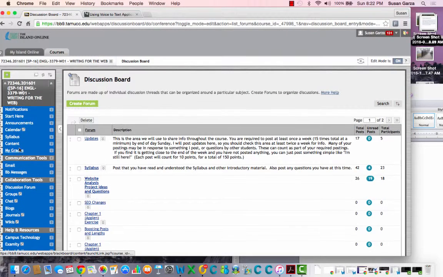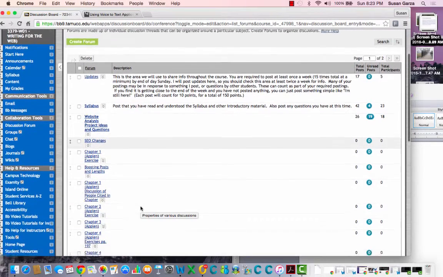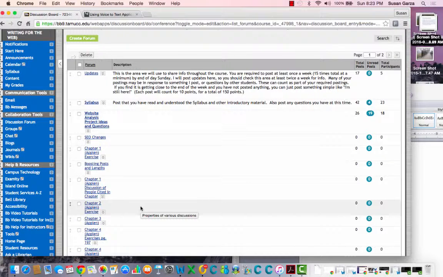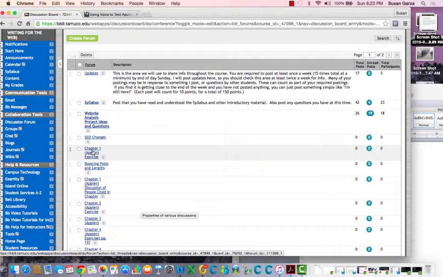When I ask you to read and do some kind of a response, like say this chapter 1 exercise, any of the assignments like that where you're just reading and then you're going to answer in some way, write some kind of a response about it, if you want to, you can do those in some kind of multimodal format.